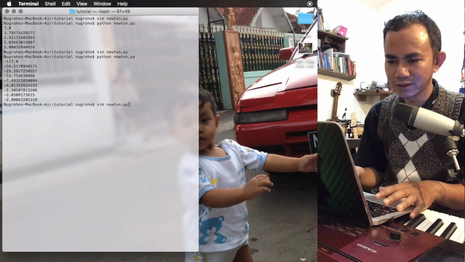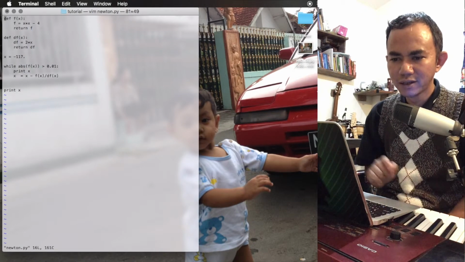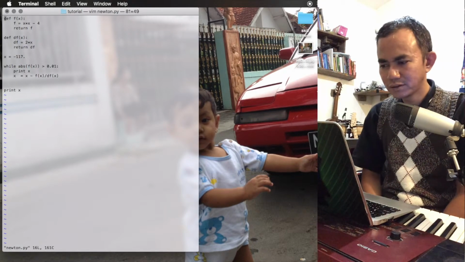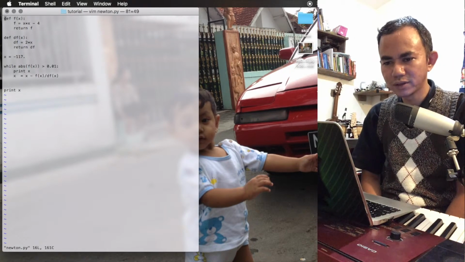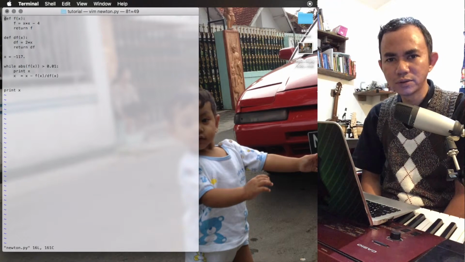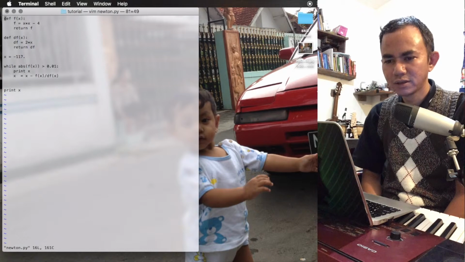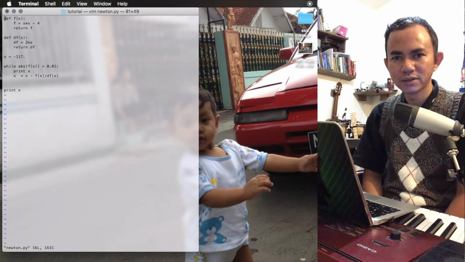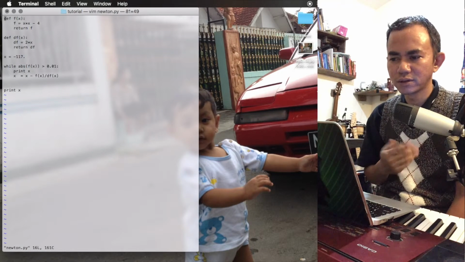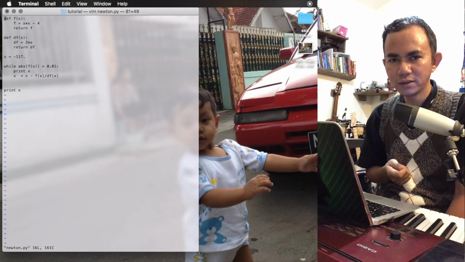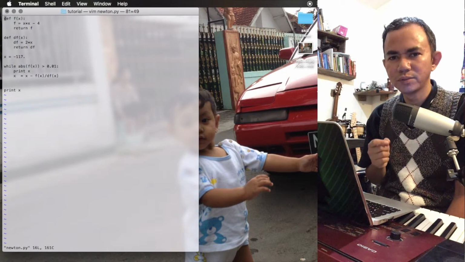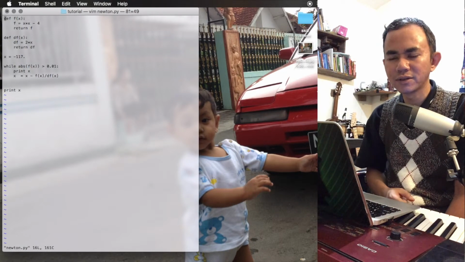We use while. There's a time or condition where this method doesn't converge to the root. It diverges. So if we guess a number, let's say 1, and then it becomes 2, okay, that's the root.